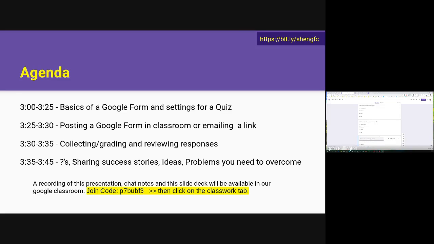So notice when I type that question, Google is able to interpret that question as probably a yes or no question. And below it here, it puts the suggested answers. If you like the suggested answers, you can click add all, and it will put them right here for you. So you got yes, no, maybe. If you don't want one of these answers, you can click the X to get rid of it. You can also click add an option and type in a 3rd one, or a 4th one, or a 5th